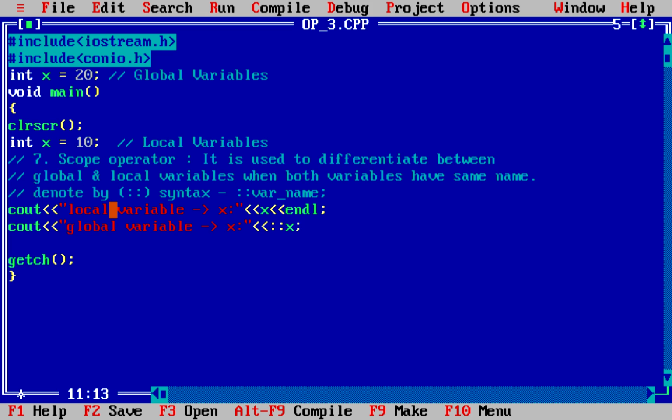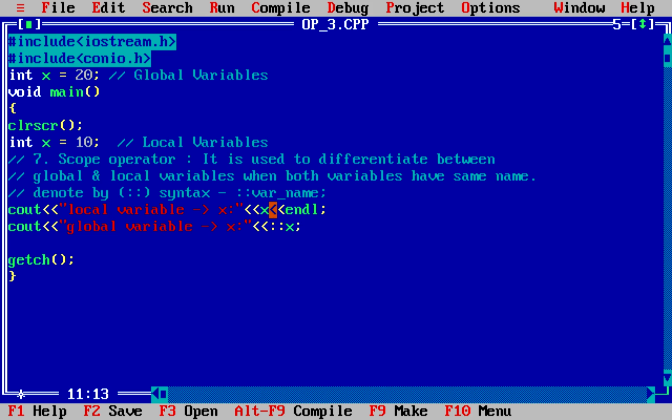So we can say that the variables which are declared before the void main act as global variables. The variables which are declared inside the main function are local variables.